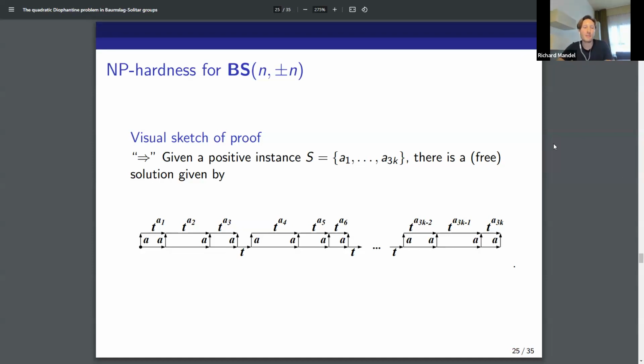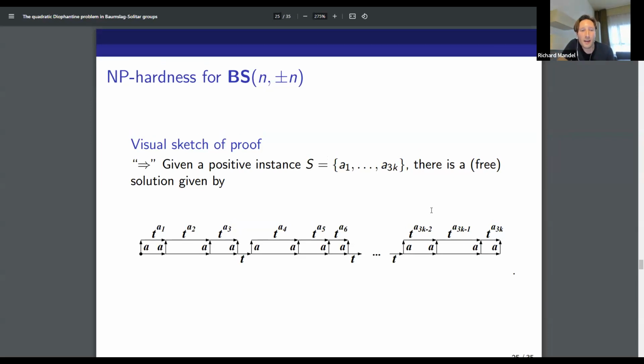One way can be seen diagrammatically, because if we have a positive instance, it's a simple matter to sort of rearrange the equation so that the elements are in the right order, so that A1 plus A2 plus A3 equals A4 plus A5 plus A6 and so on. And then we can simply solve the equation that way,